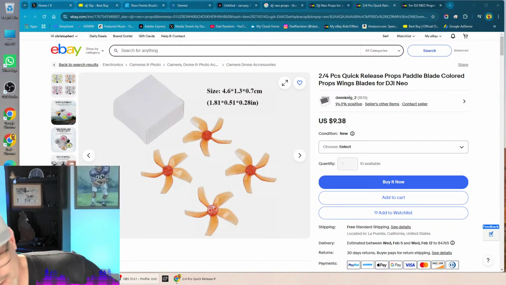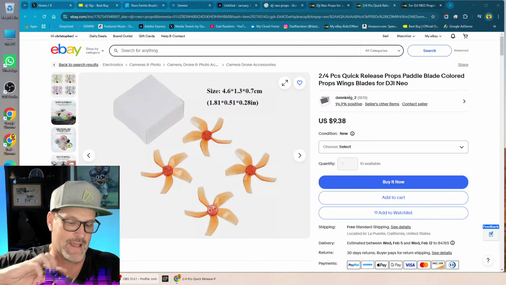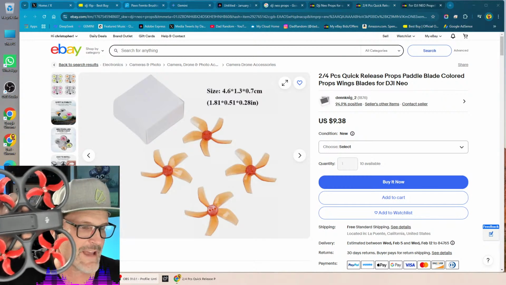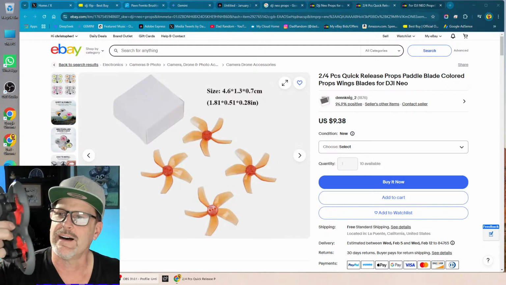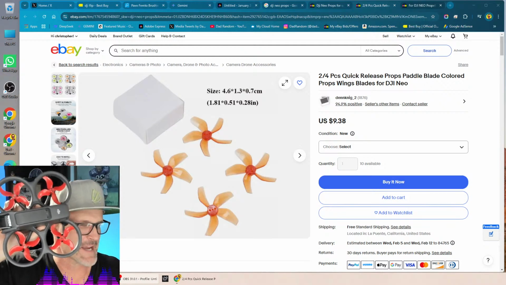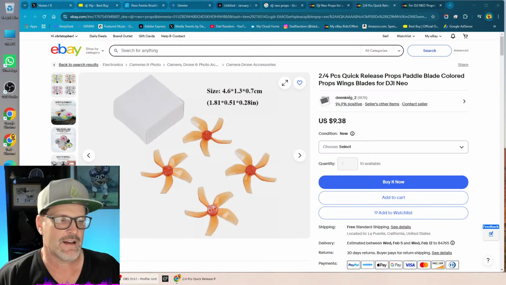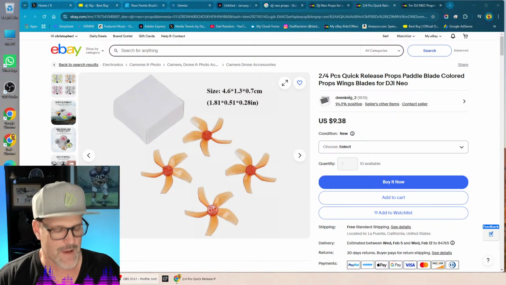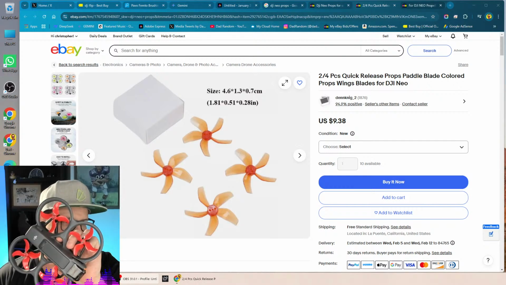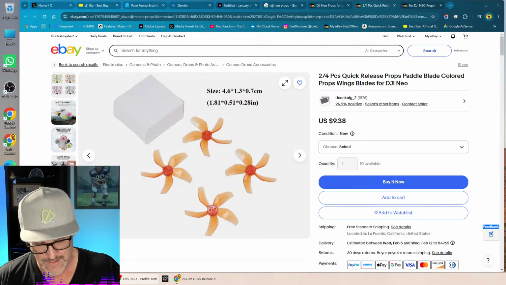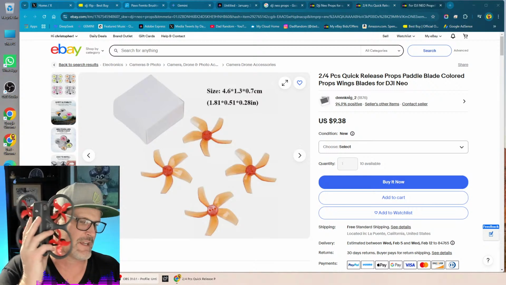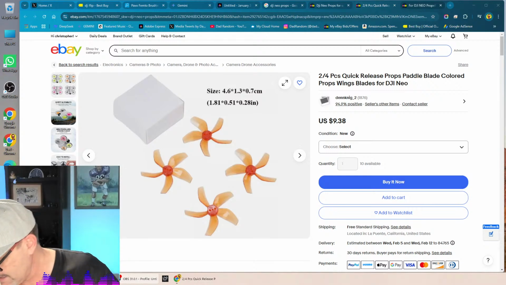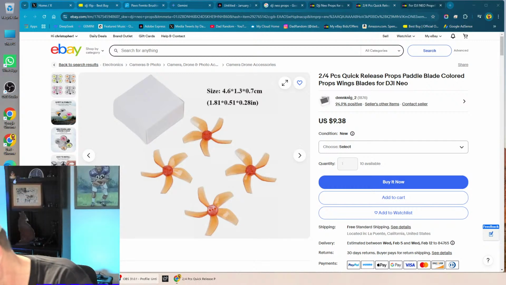And you're saying, well, why do you got red on these? Well, I got red on these because red tells me that they are Master Airscrew. I always buy Master Airscrew. I always buy red because it's kind of like their signature for my drones. Orange is usually my other ones. And I like these. I'm keeping these on. I'm not changing them over. The Avata 2 flies like a freaking champ with these, and I'm not changing it. To me, it's just amazing. So I put them on and I went, leave it. Too good. So, all right.